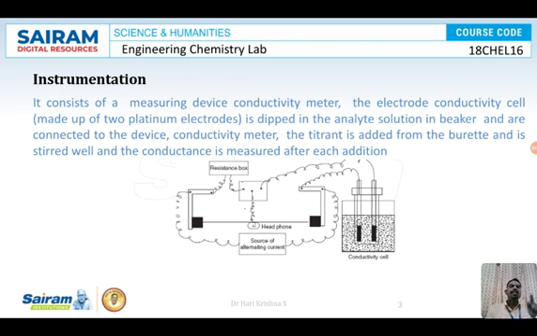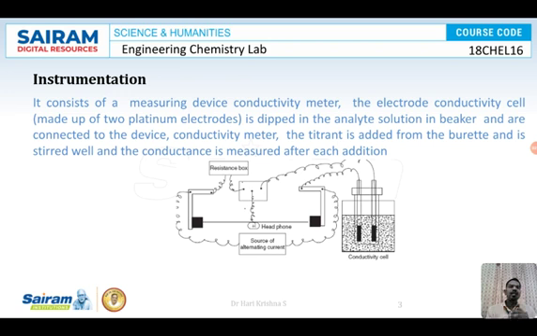That depends on the size of the ion. If the size of the ion is less, then mobility is more. If the size of the ion is more, mobility is less. If you ask a lean person and a fat person to run, who will run faster? The lean person will run faster compared to the huge person, isn't it? Similarly, when the atomic size of ions is less, mobility is more. If atomic size is more, mobility is less.